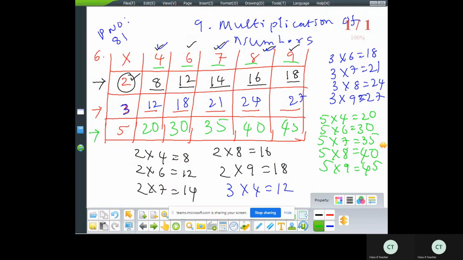Okay, children, we have finished 5 tables. Listen carefully. 5 4s are 20, 5 6 are 30, 5 7s are 35, 5 8s are 40, 5 9s are 45. In first row, 2 tables, second row, 3 tables, and last row, 5 tables. Yes, children, this multiplication is completely depending on tables. You learn tables from 2 to 9 regularly. When our school will be reopened, in that time I will ask tables from 2 to 9.